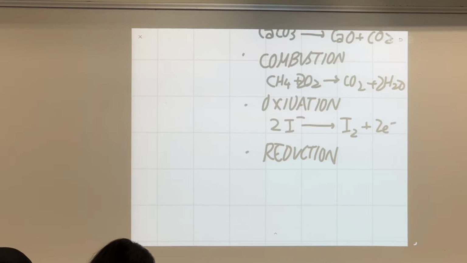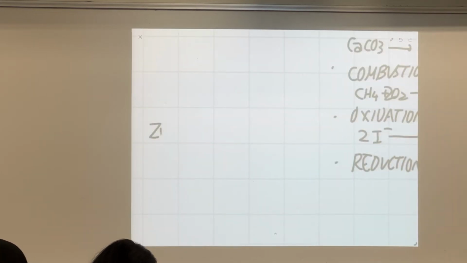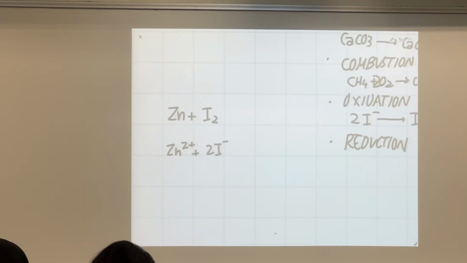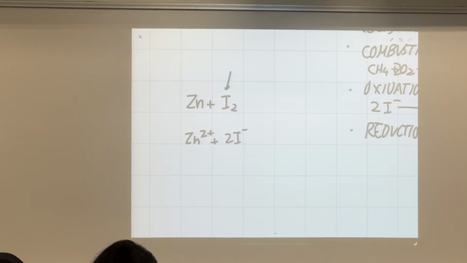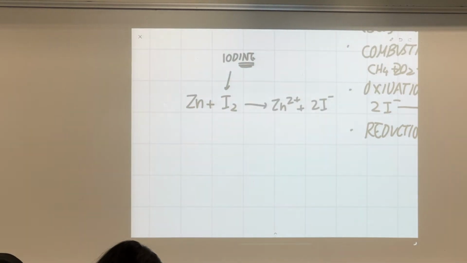And let me remind you once again, on the mock paper, I see a lot of students confusing halide and halogen. There was this one question that asks you what happens when zinc reacts with iodine, and I see a lot of answers. It really opened my eyes because there can be 5 different answers for one single question. So be careful. Let's not make this mistake anymore. When you see iodine, it must be I2, or chlorine or fluorine. Something ending in ine must be a diatomic molecule, I2. And so the products will be Zn2+ and 2I-.